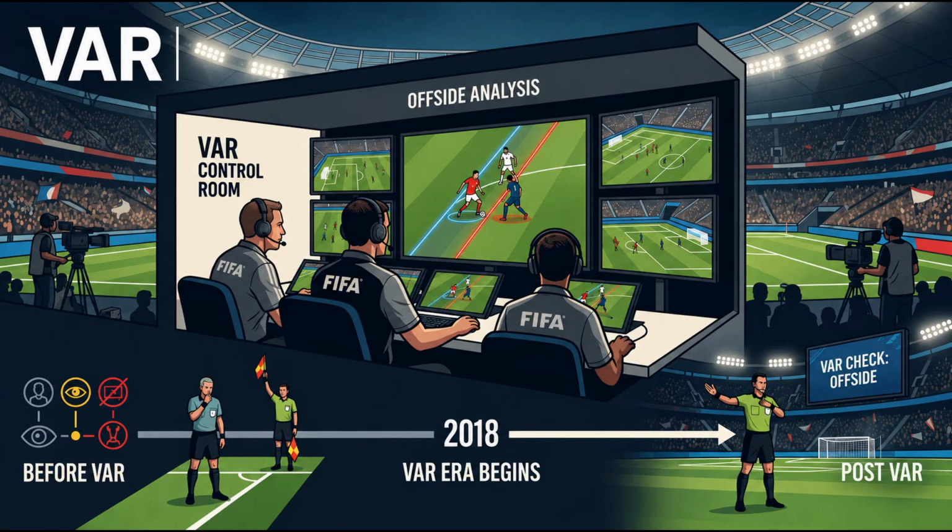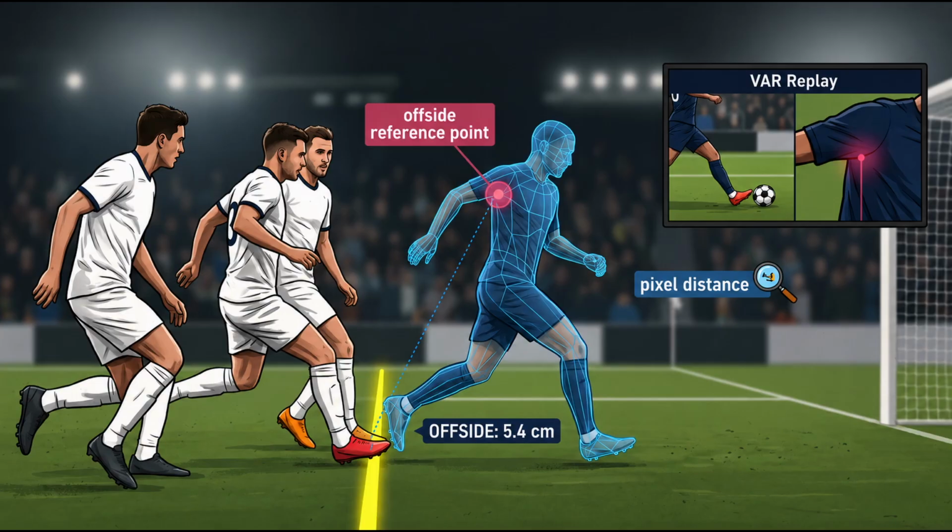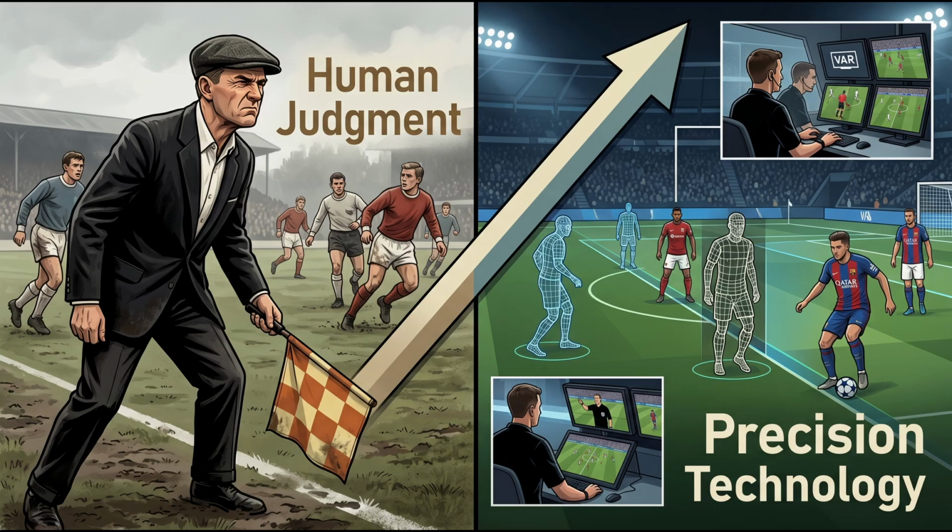So in 2018, football introduced VAR, Video Assistant Referee, a team of officials watching on screens, reviewing major calls with camera replays. And then it went even further. Semi-automated offside technology. Cameras tracking 29 points on every player's body, 50 times per second. Building a live 3D model of the entire match, they can now tell you, with scientific precision, whether your armpit was offside. Your armpit. Football went from one man squinting on a touchline to armpit geometry in about 60 years.